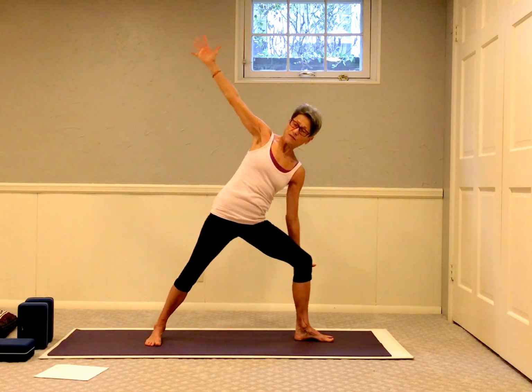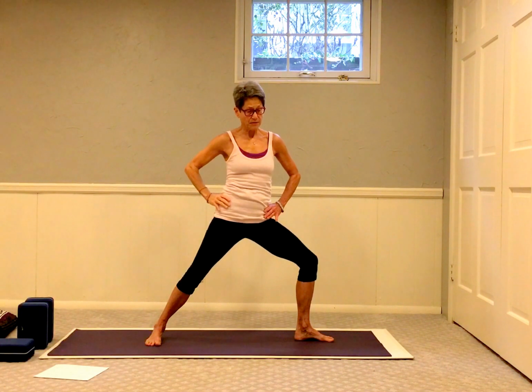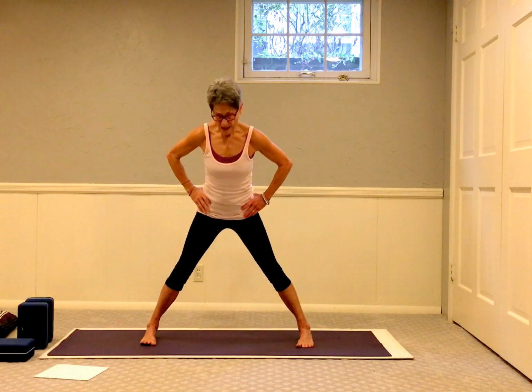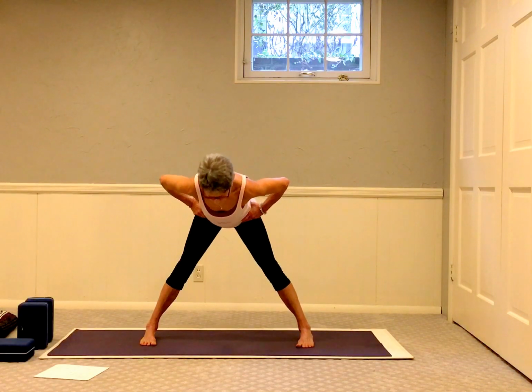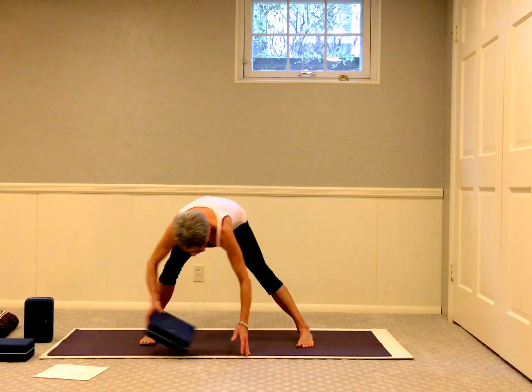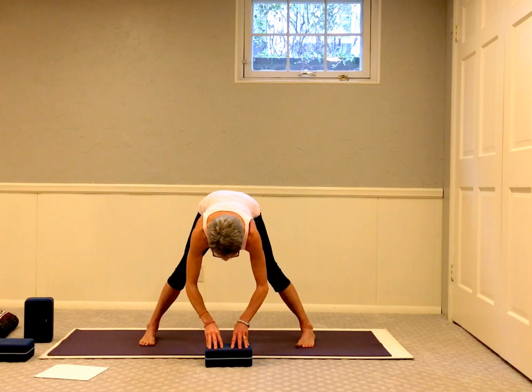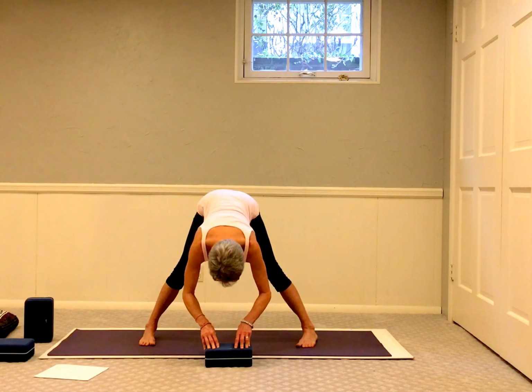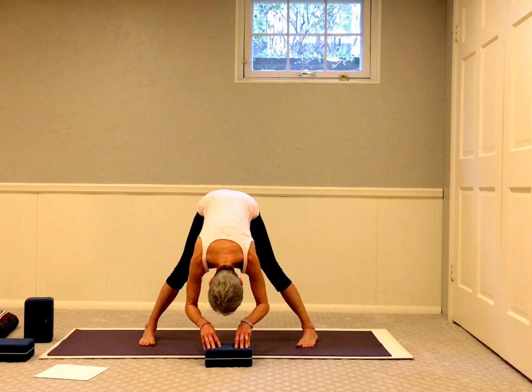And bend the front knee, press the heel to come up. Straighten the leg, turn the feet forward. And then go into a forward bend. Bend your knees, touch down. You're welcome to put a block underneath your hands. Lift your spine, draw your shoulder blades together, and then start to fold in, drop the head, and straighten out